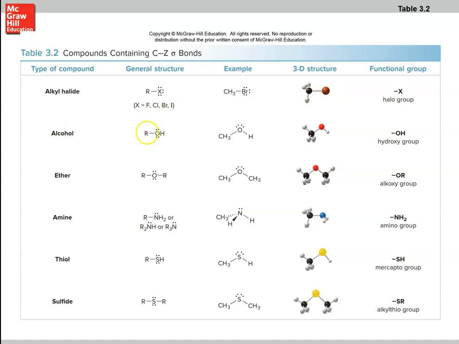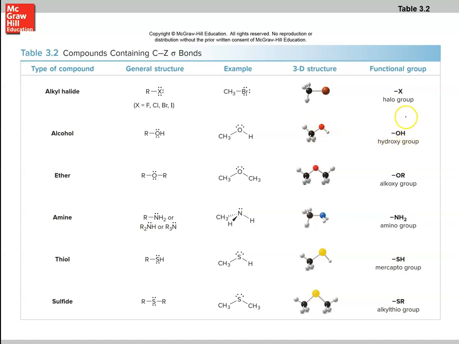Alcohol is the next functional group. We have a chain of carbons attached to an OH group. The oxygen has those 2 lone pairs, and you can see this bent orientation that's shown in the example for methanol. Here, the carbon is tetrahedral, attached to 4 things, sp3 hybridized. The oxygen is also sp3 hybridized, and we have 2 bonds, and then the lone pairs, which are not being shown in this 3D structure, are up on top, causing this bend here,